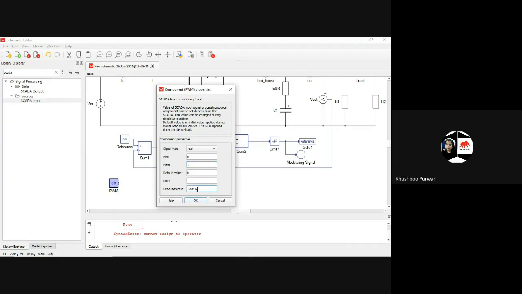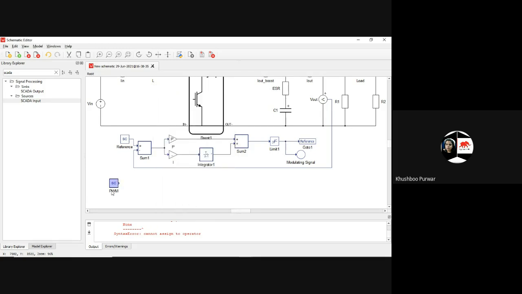The execution rate will be Ts. And just name it as PWM enable, because I'll be using it as enable.